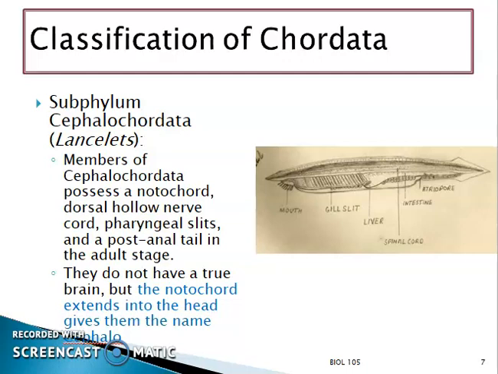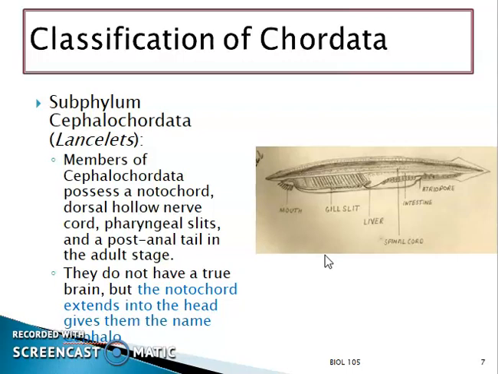We mostly know vertebrates, but there is more to the Chordata than only vertebrates. So let's talk about these one by one. First of all, we talk about subphylum Cephalochordata. These are also called lancelets. Members of Cephalochordata possess a notochord, a dorsal hollow nerve cord, pharyngeal slits, and a post-anal tail in